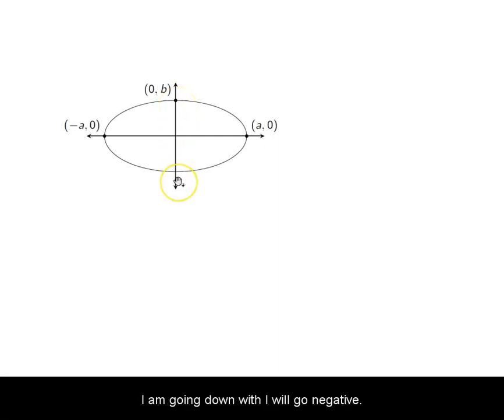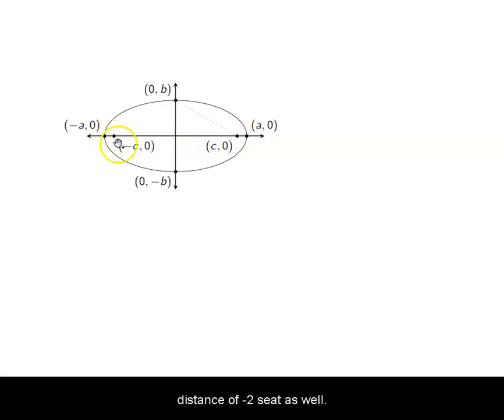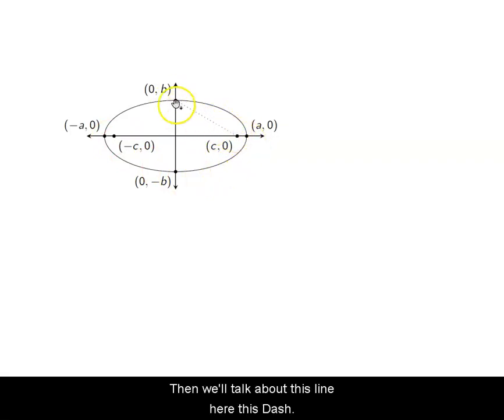And going downwards, I would go negative b. My focus is from here, some distance c away. That means to get to the other focus, I would move a distance of negative c as well. Okay. And then we'll talk about this dashed-dot line here that connects our focus to the vertex of